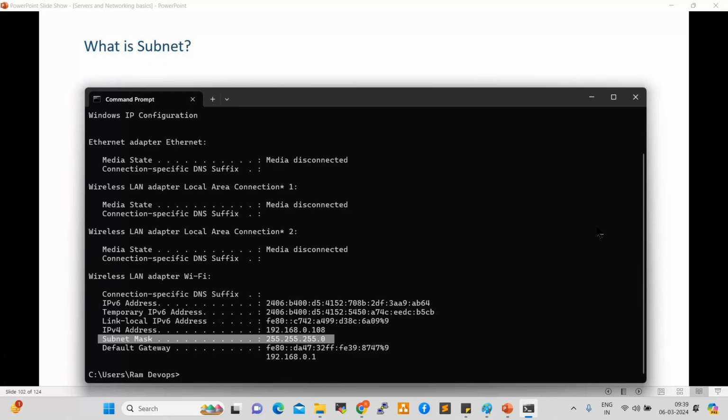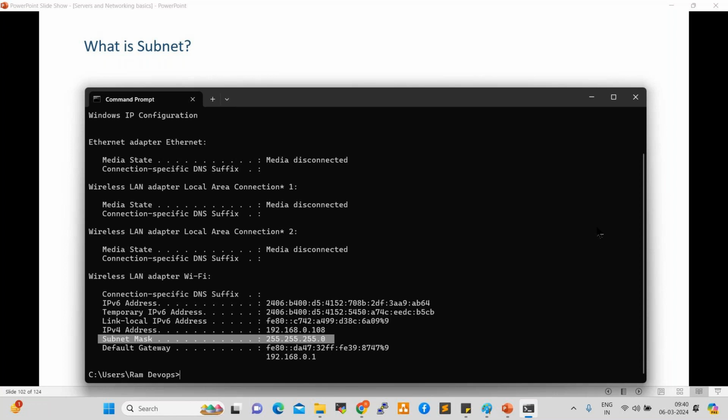Fine. For example, in this floor, we have different rooms, right? If you don't have rooms, what will happen? One class is going there, one class is going that side. Here office staff is there, here our class is going. If you don't have these partitions, what will happen? Noise, right? Disturbance. So that is why we created small rooms to control the noise. The same way, instead of the large network, we can create this subnetwork, small network, to control inbound outbound